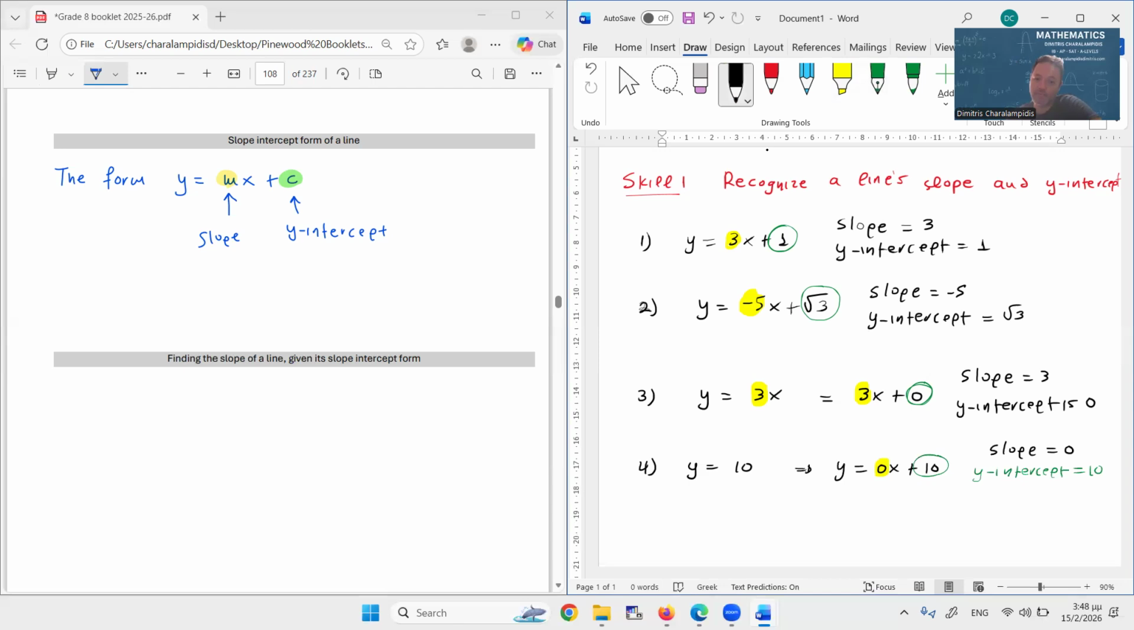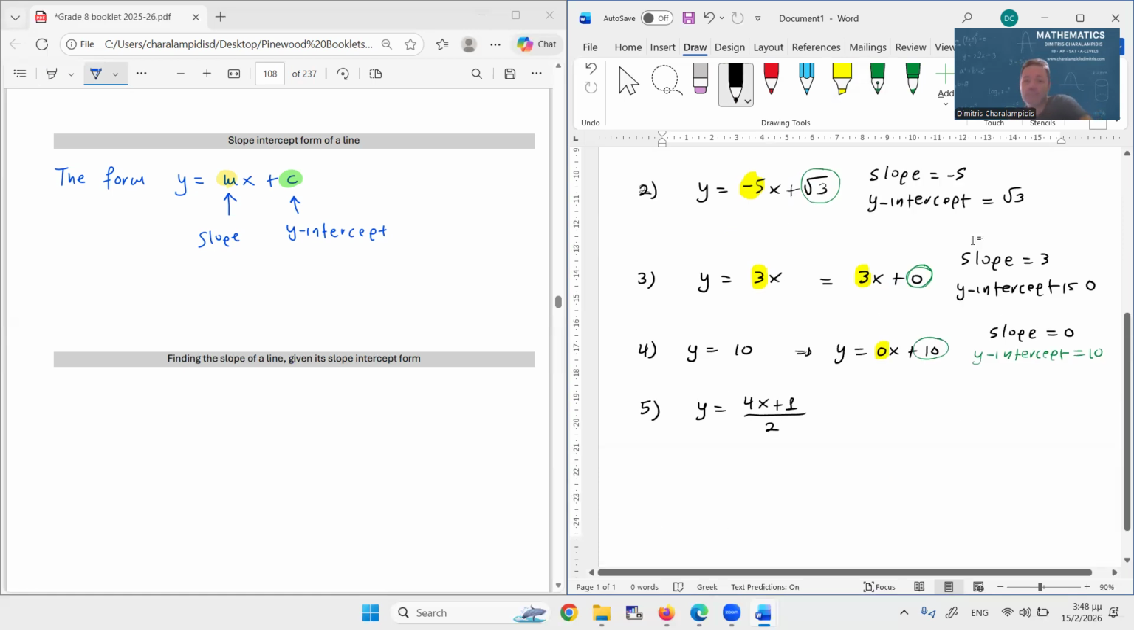Fifth, y equals 4x plus 1 over 2. Remember, some of you are tricked and simply say that the coefficient of x is the slope. That's not entirely true. This is only true when the given line is given in the slope intercept form, only